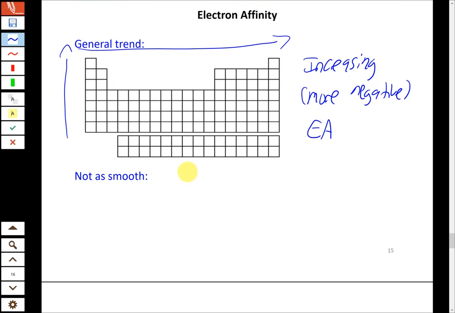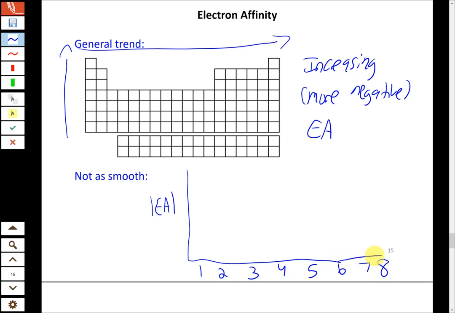So if we again draw out the plot here, this is going to be the absolute value of electron affinity, because electron affinity is typically a negative number. So the larger this number is, the more what we say is a higher electron affinity. We're going to go across the different main group elements: 1, 2, 3, 4, 5, 6, 7, 8. And again, that tends to increase. It's an increasing trend as we go left to right. So that basic trend is still followed, but we have the same sort of breaks in the trend that we have for ionization energy. So the group 2